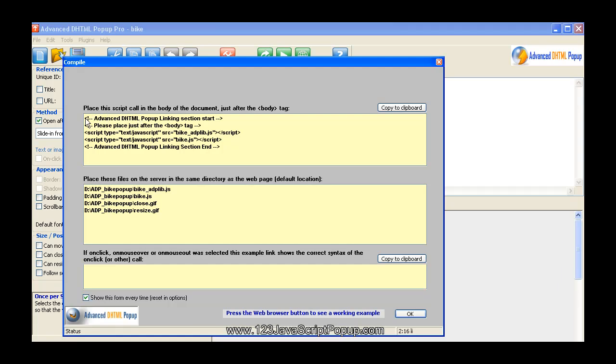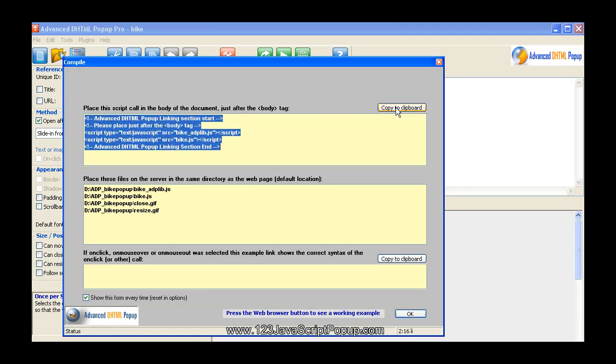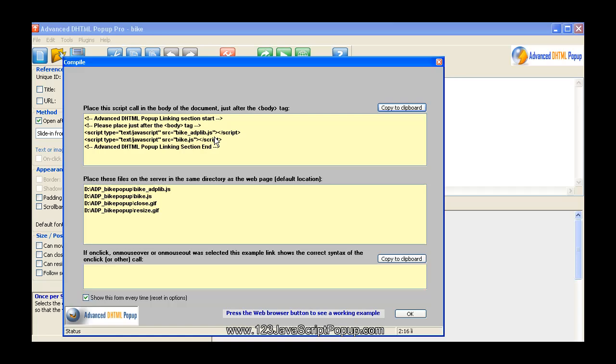For example, this here, place this script call in the body of the document just after the body tag. Basically, this is the script that you will copy, you can put it on the clipboard, copy to clipboard, and you will put it into the actual HTML file that shows the web page where you want the pop-up to pop up on. So if it's on your index page, you just put this lump of code, copy it, and put it just after the body tag. And the second thing you'll need to do is to take these files, which will be in the same directory as we saved the project in, and copy